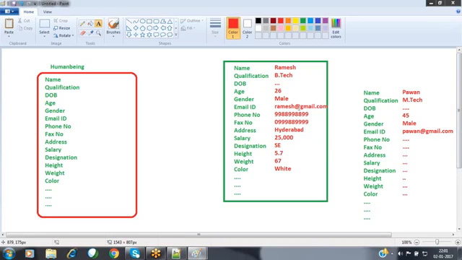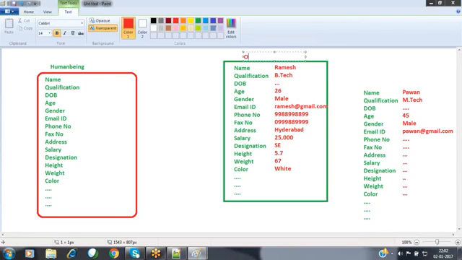Each and every object will be holding some value for the properties which we have defined inside the class. In this particular class, have we assigned any value? No, we haven't. So in this scenario, do we need to allocate memory for the class? No, memory will not be allocated for the class; it is allocated when we assign values by creating the object. This is object one, some Ramesh. This is the second object we have created, object 2, some Pawan.